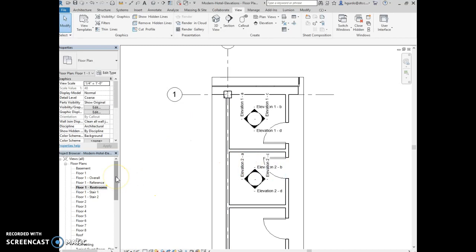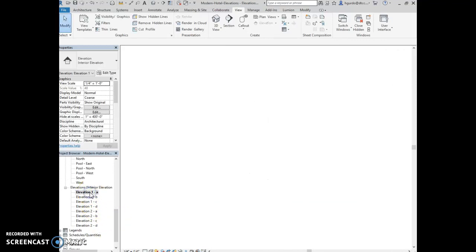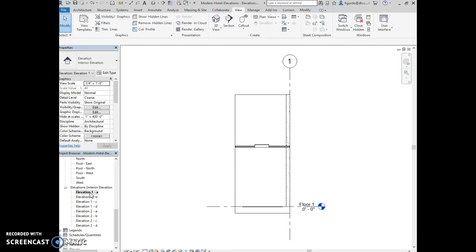Now, in the project browser, under elevations, interior elevations, I'm going to expand this box, and I see all the elevations that I just created. Now I'm going to rename the elevations as follows. We're going to have men's restroom east,